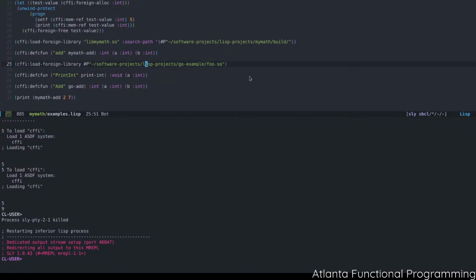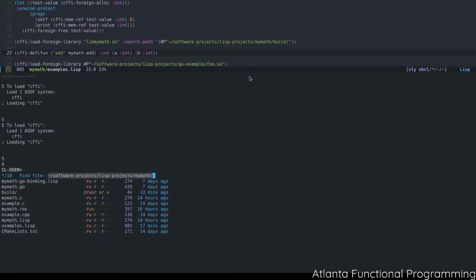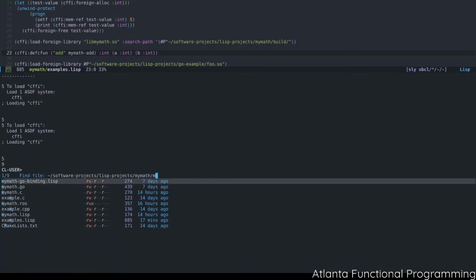In fact, we have a basic example to show the differences between what you would do in a C case. We have a shared object called myMath, which is nothing more than a simple math C library that I wrote that has nothing more than a function called add. And just to show for folks who haven't been here, it was basically nothing more than